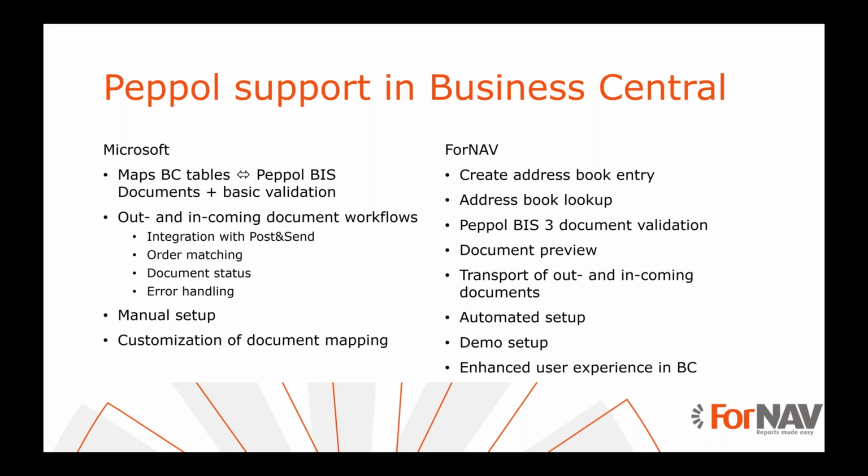With 4NAV, we don't store anything, so we simply pass on the documents to BC, and if BC is not up and running, we simply tell the sender to resend the information. That's also built into the Peppol network, that you do retries. So we basically don't store any documents in our Azure setup or anywhere else. Everything is either on the sender's part or inside BC. So there's nothing to be hacked in there, and you cannot get to the data in there.